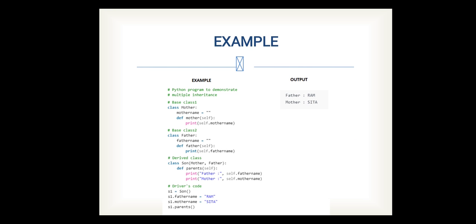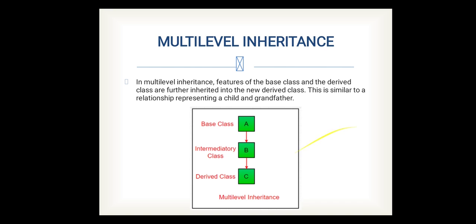Okay, so we are just passing the parameters to the parent class, and through the method which is defined in a child class, through that particular method we are directly going to print the value of that particular variable, or we can say parameters which are already specified in a parent class. So this way you can inherit multiple parent classes into a single child class.